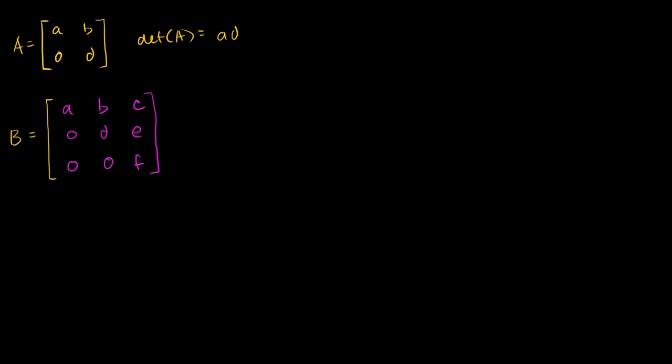What's this guy's determinant? Well, we learned several videos ago that you can always pick the row or the column that has the most zeros in it. That simplifies your situation. So let's find the determinant along this column right here. So the determinant of B is going to be equal to A times the determinant of the submatrix if you were to ignore A's row and column. So A times the determinant of D, E, 0, F,